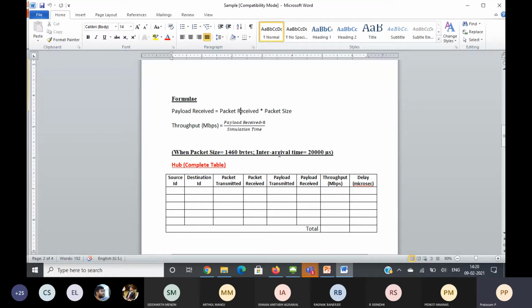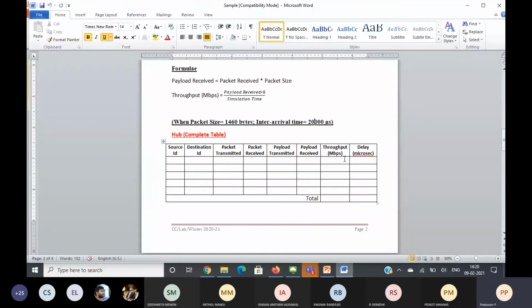The information is converted into packets, then the packets are transmitted. The separation between two successive packets is the inter-arrival time. So 20,000 microseconds is the default value in NetSim. Since it is a sample task, we are going to study only with the default values.